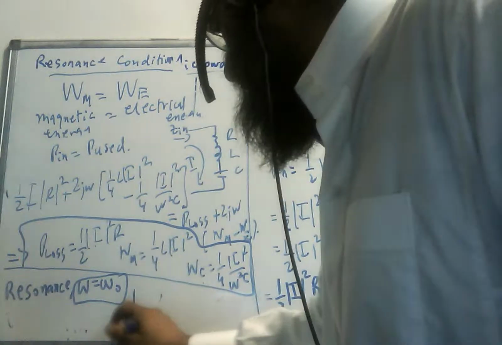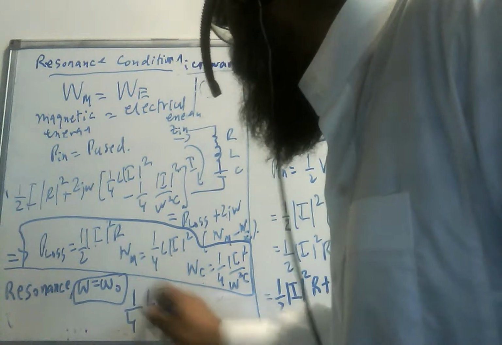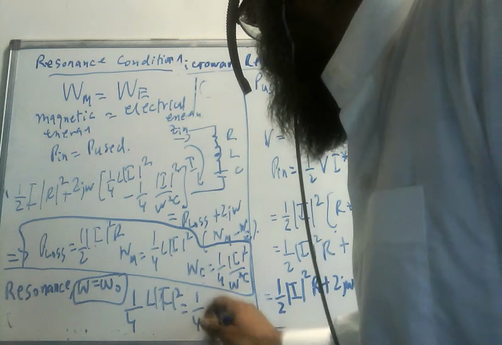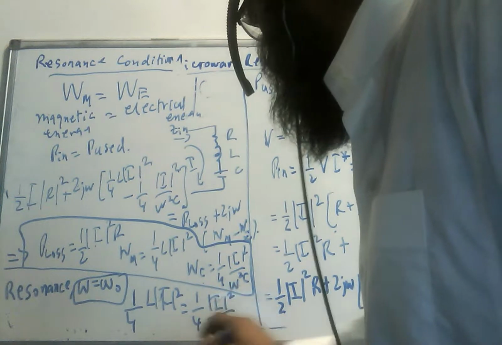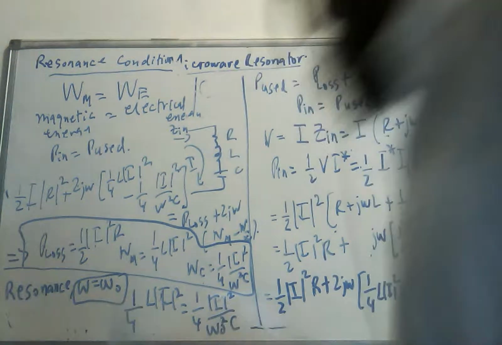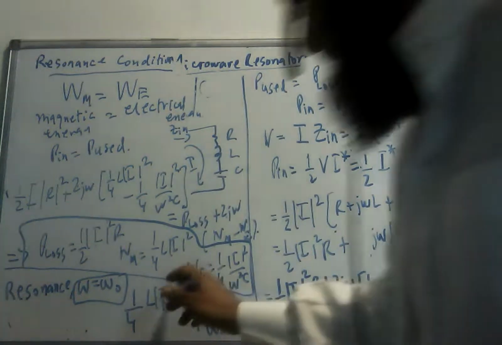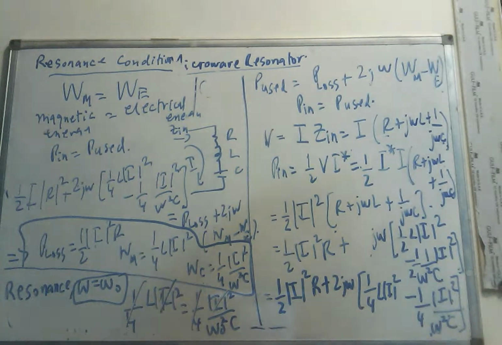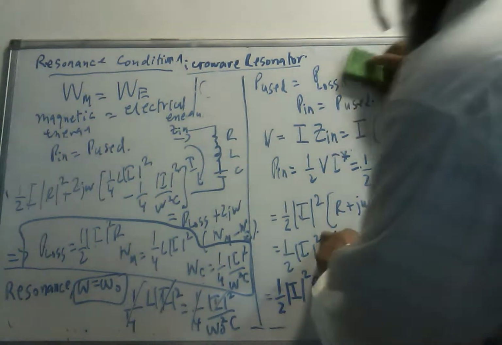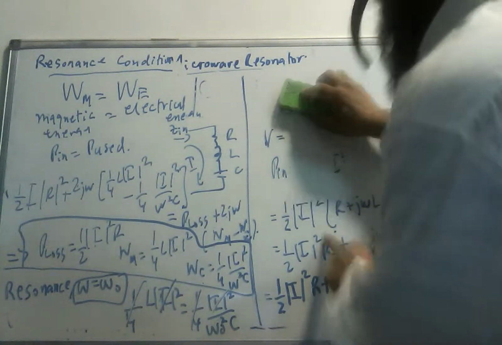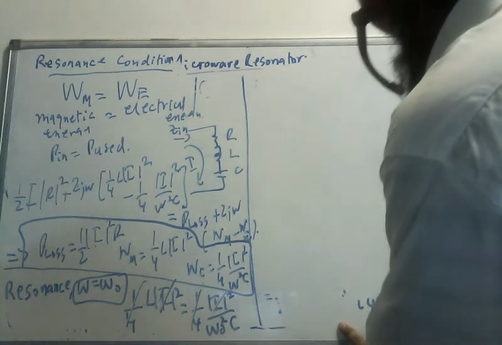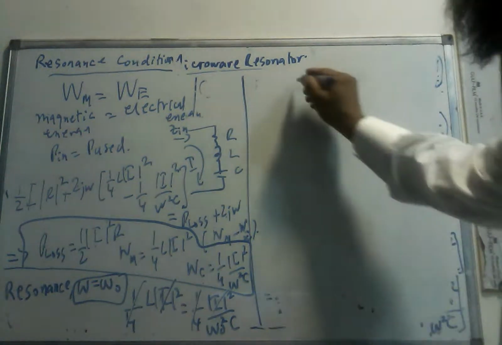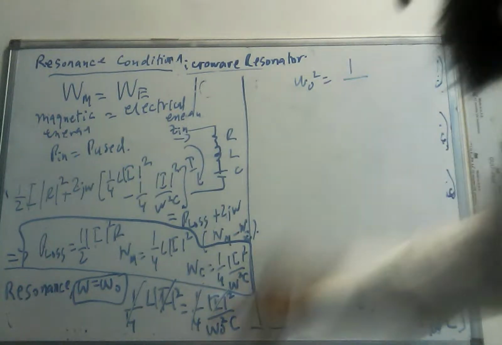omega m, which is 1 over 4 L I square, is equal to 1 by 4 I square divided by omega naught square C. So the current cancels here, this also cancels, and I get my resonance condition, which is omega naught square is equal to 1 over LC,